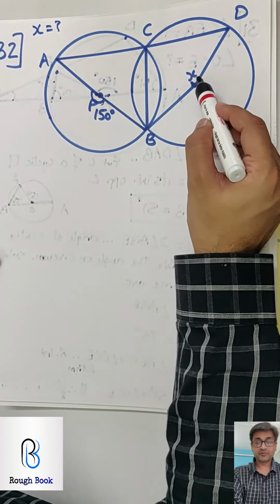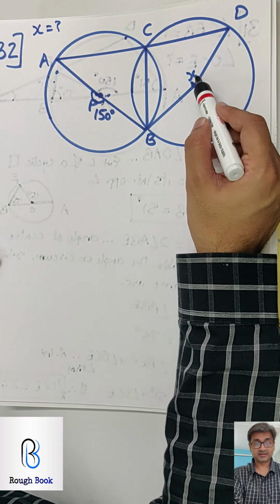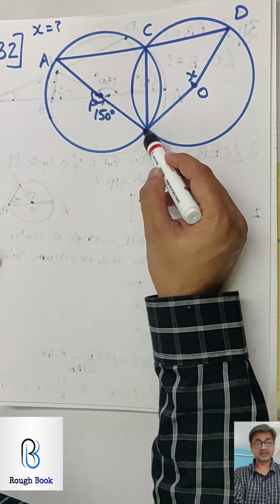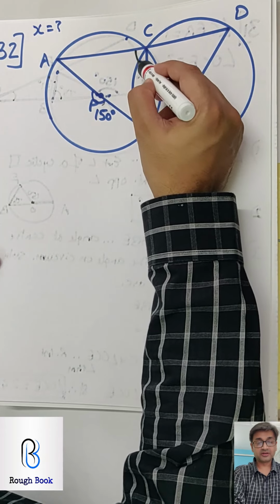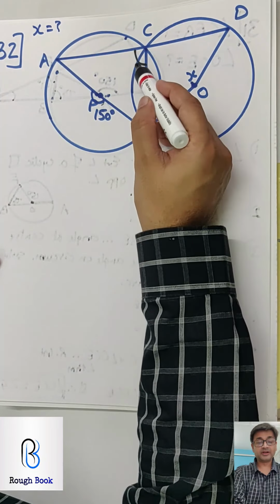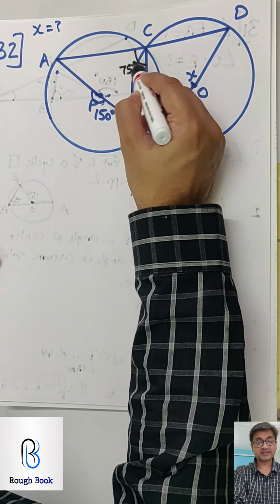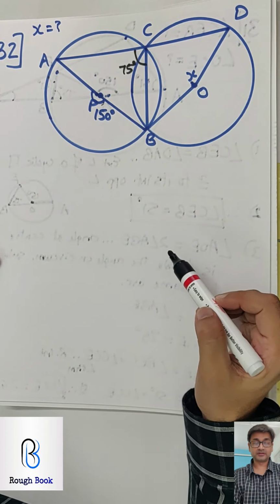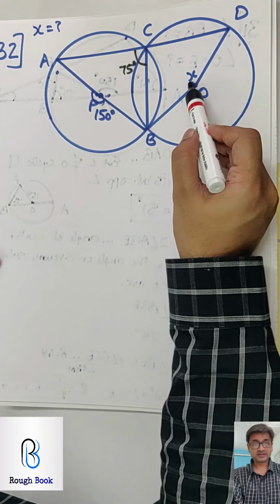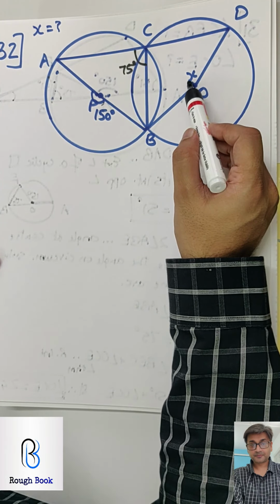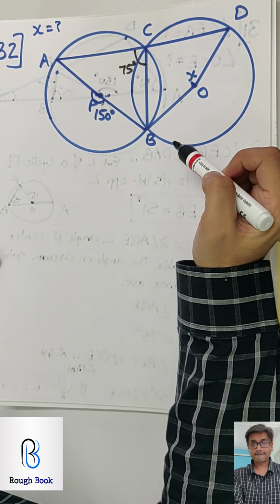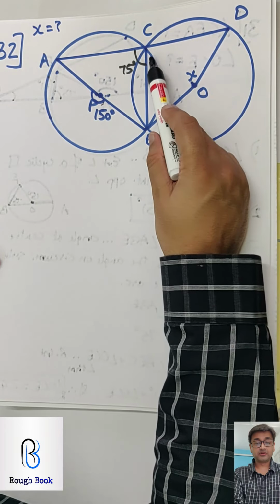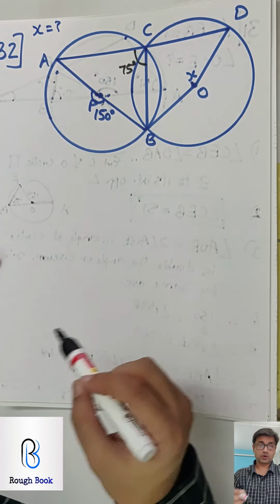This is 150. Your target is to find the value of this x. So first look at this angle at the center APB. So angle on the circumference will be double of this. So I will get this as 75. Correct? Now from here, how will I connect to this? How much is this? Did you say 75? Why? Exterior angle equals to interior opposite, but that's wrong.